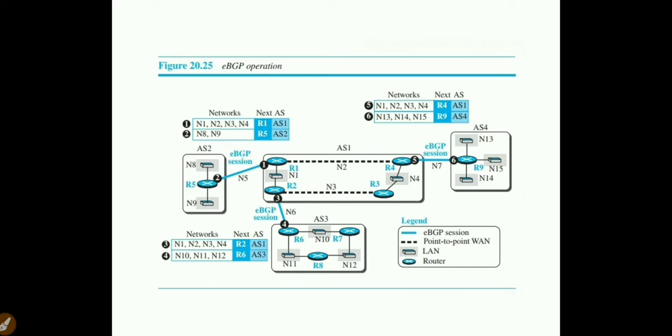Anyone can communicate with the head of my family. The head of my family is nothing but the border router. The head of the family has to communicate the information to all the persons inside the family. For that purpose, we go for internal BGP, that is iBGP. It works the same as what we discussed under intra-domain routing. Inter-domain is between any two autonomous systems, while intra-domain is within the autonomous system. So iBGP facilitates intra-domain routing with the properties of BGP.